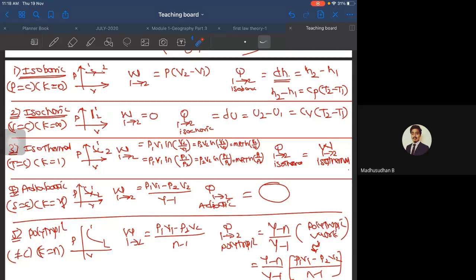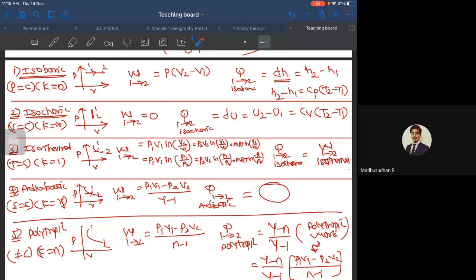Now, how do I calculate the heat flow for an isothermal process? Using any one of the work formulas. Yes, you can use the work done formulas themselves, because Q will be equal to W in case of an isothermal process. So you can use the same work done expressions to calculate your heat flow. Very good. Now, how do I calculate my heat flow in an adiabatic process? 0. Very good. So the process in which the heat flow is 0 is the adiabatic process.